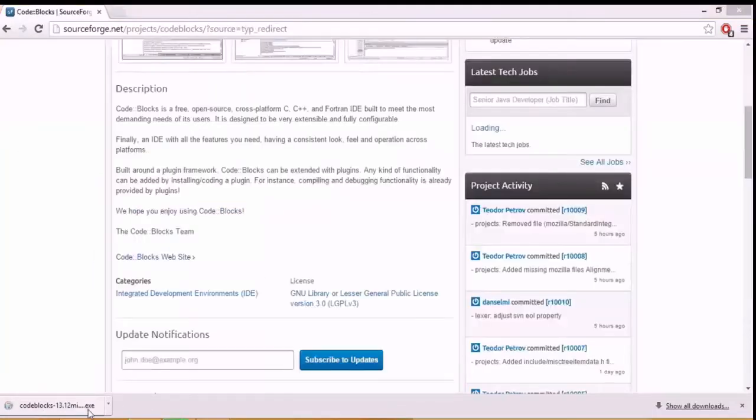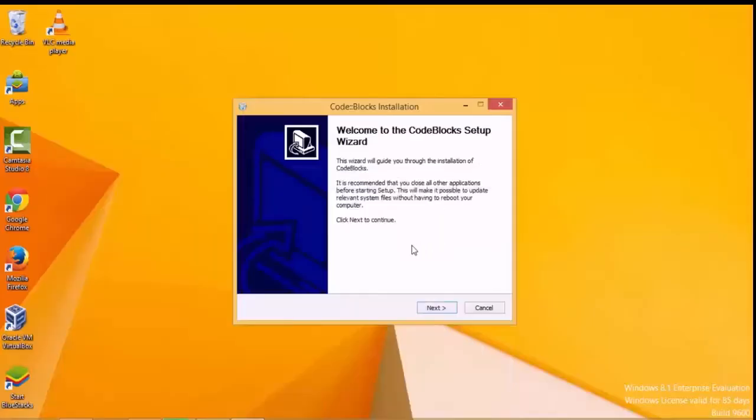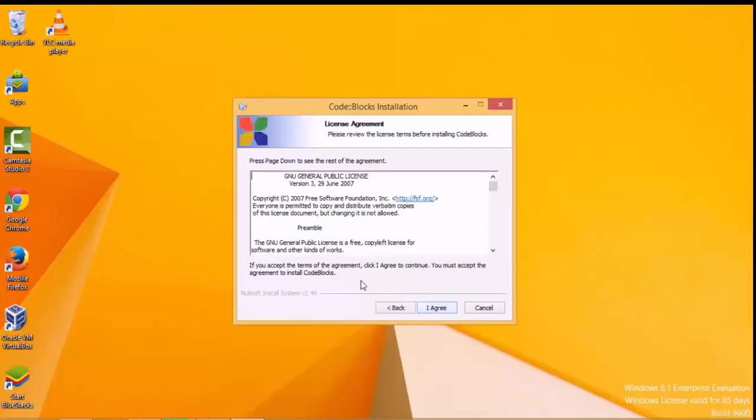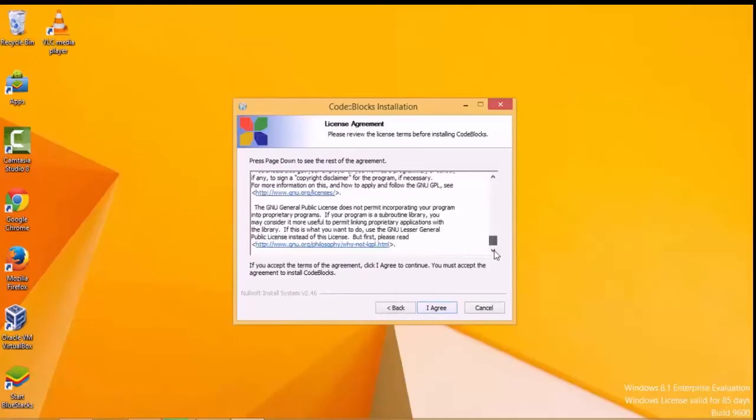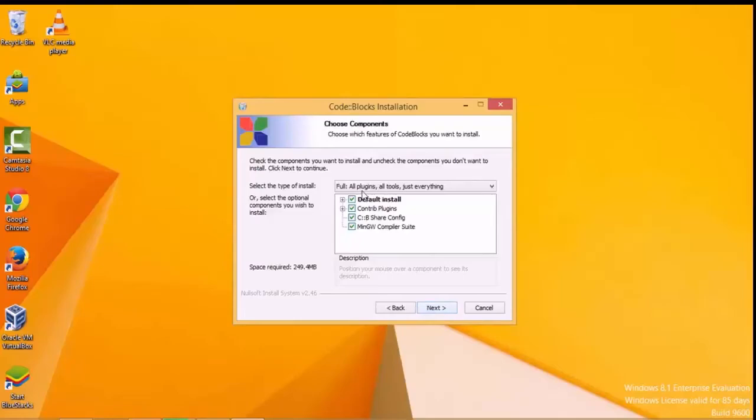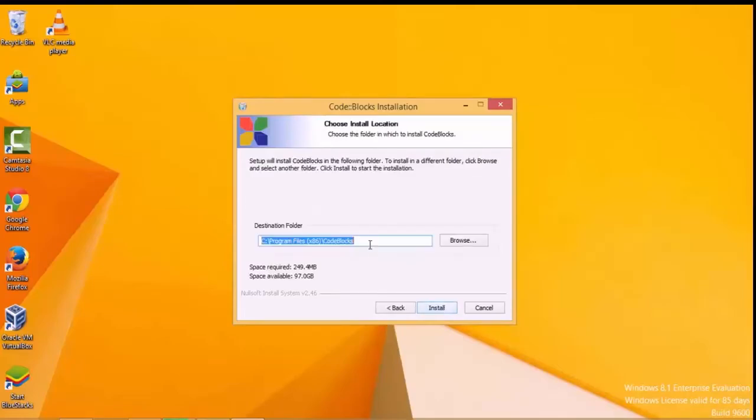So now this download is complete, so we are going to install Code::Blocks in our Windows operating system. I will just click this executable which I have downloaded, and then the install will start, and it says welcome to setup. Just click next, and read the agreement, and if you agree, click I agree and click next. And this is the location where Code::Blocks will be installed. Just leave it as default, click install,